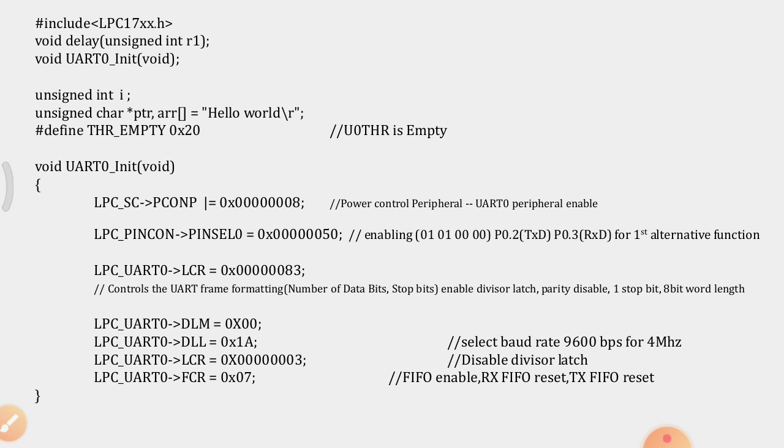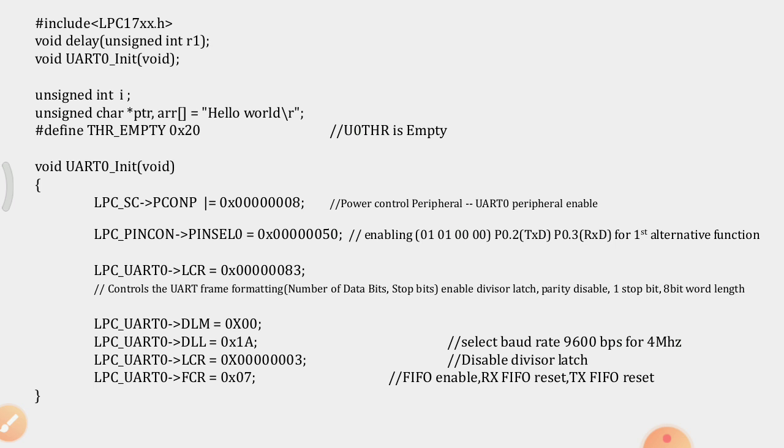One integer variable has been taken here, then another variable, a char pointer, and an array loaded with the message, here hello world.